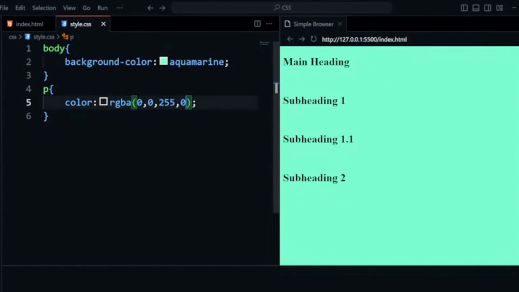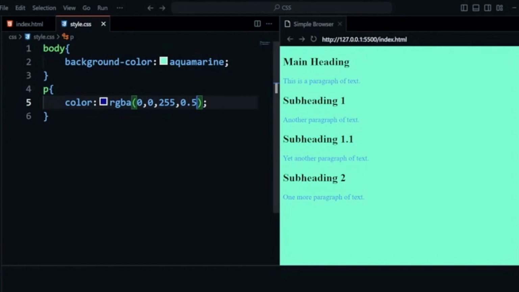If we set it as 1, it will not be transparent at all. If we want to set some 50% transparency, we can set its value as 0.5. So we have now 50% transparency.